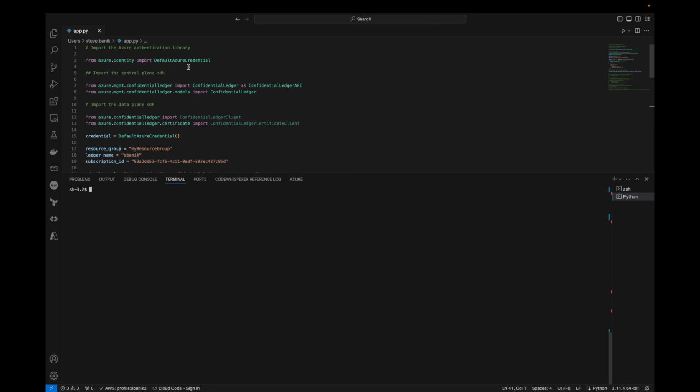So you have to install the Azure Active Directory Identity Client Library, and then install the Confidential Ledger Control Plane Client Library, and then the Data Plane Client Library with pip installs. I've already done that, but I can just show you those commands if you want to know them. It's pip install azure-identity,